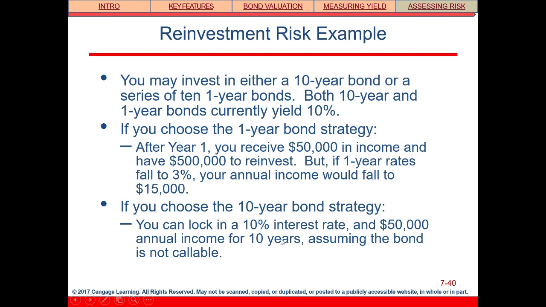But of course, there's also that risk that if the interest rate, instead of falling to 3%, increases to 15%, then you would miss that extra 5%. That would be $75,000. If the market interest rate increased to 15%, you would have been able to get $75,000. But because you bought this 10-year bond, you are stuck with this $50,000 annual income, right? So that's the